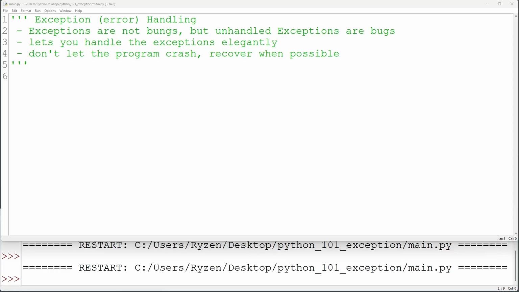Hello, in this video I'm going to talk about Python exceptions. An exception is an error that happens whenever the program is running. And if you don't handle that exception correctly, it will crash your program. So I'm going to write a quick example of what an